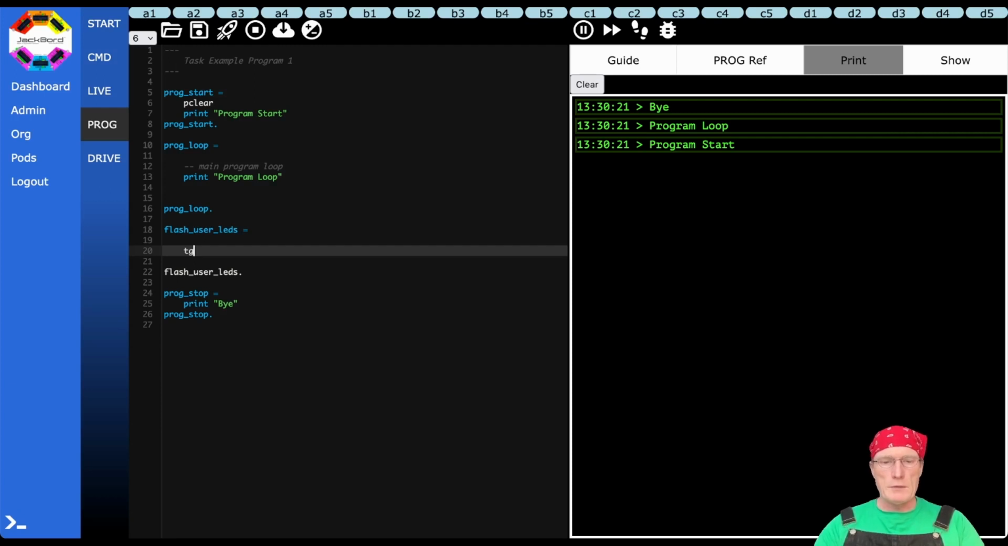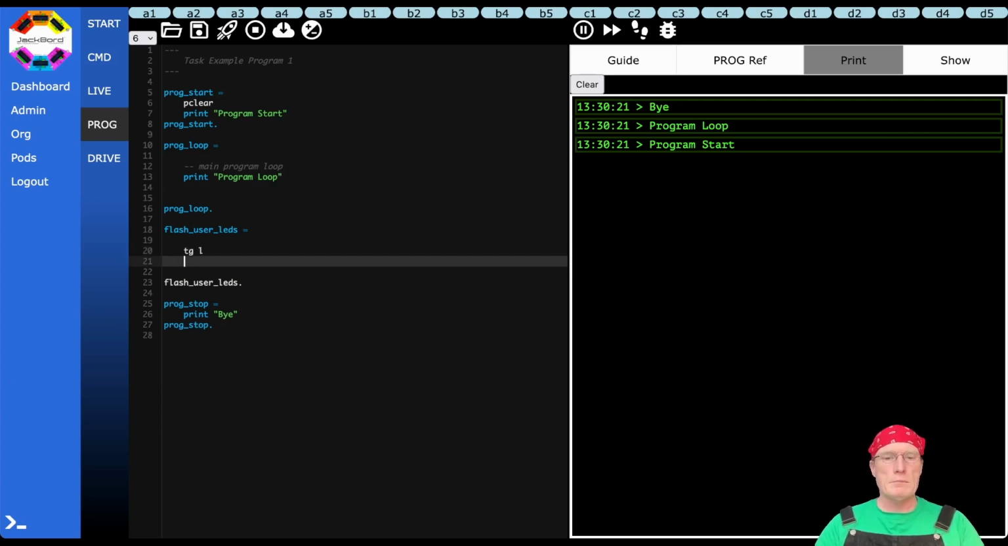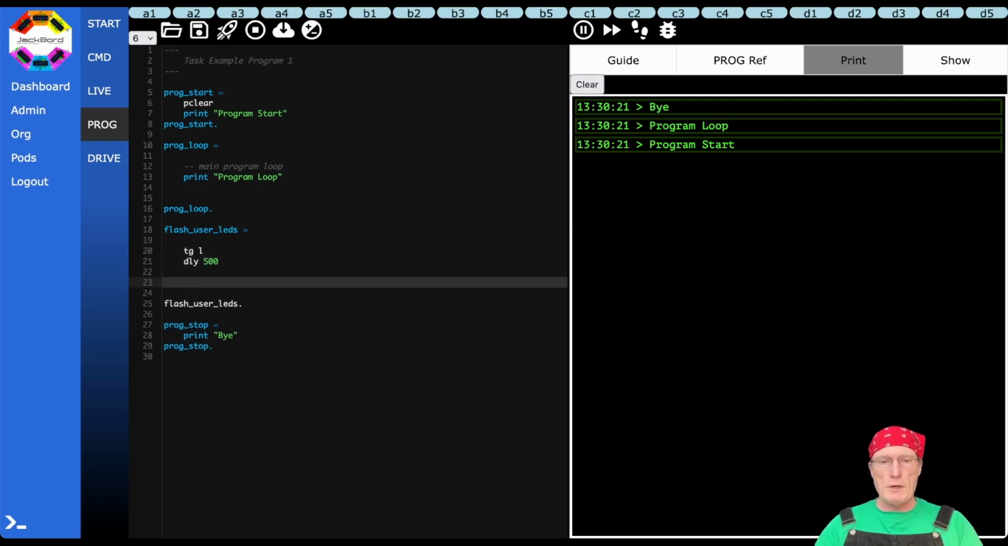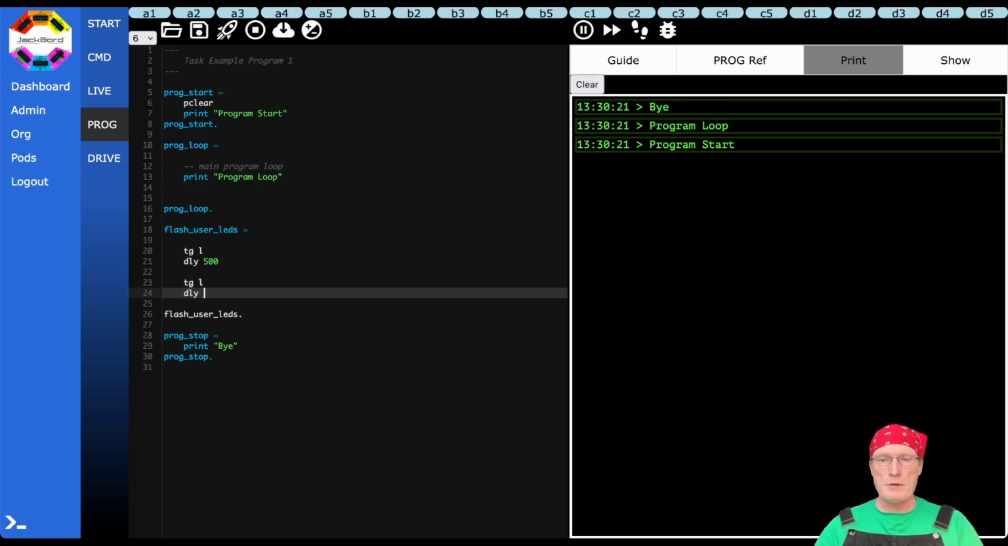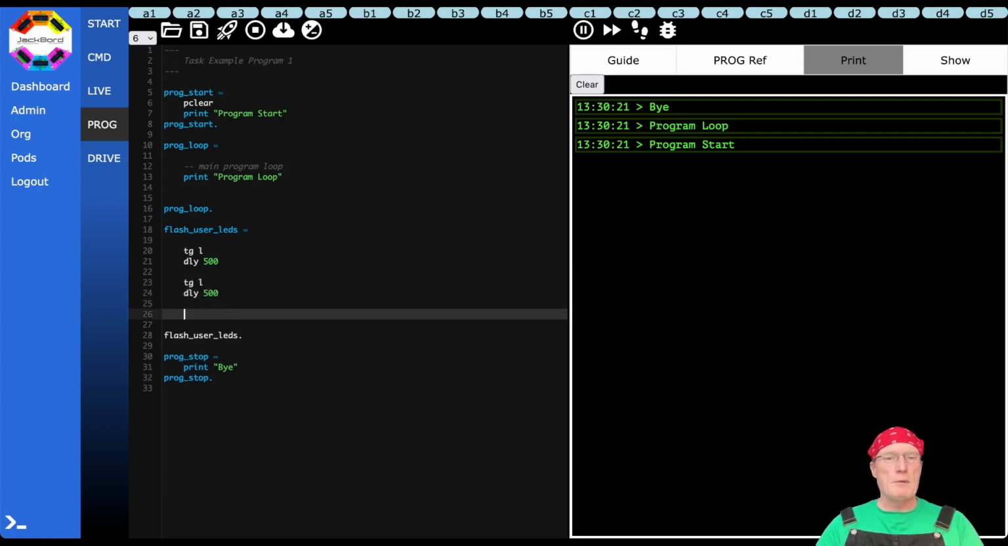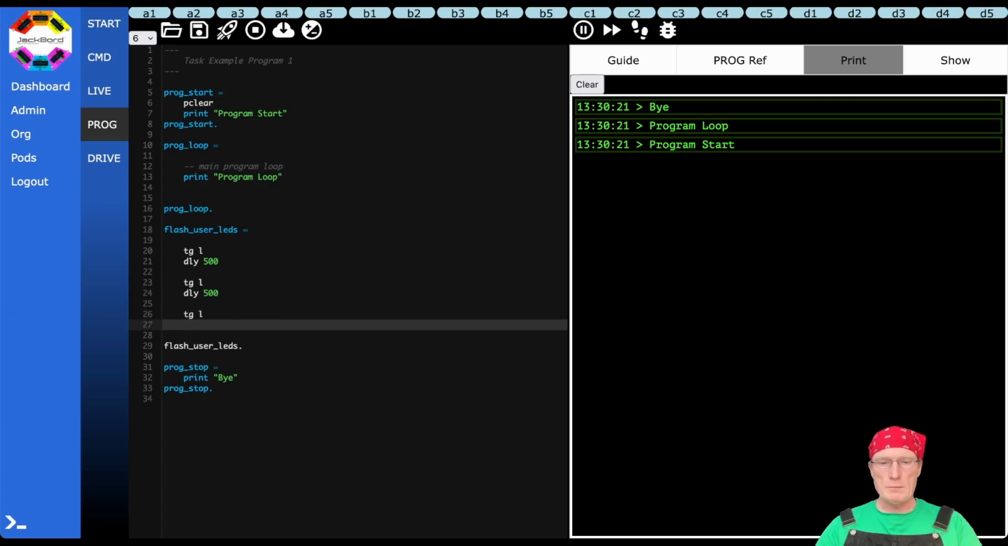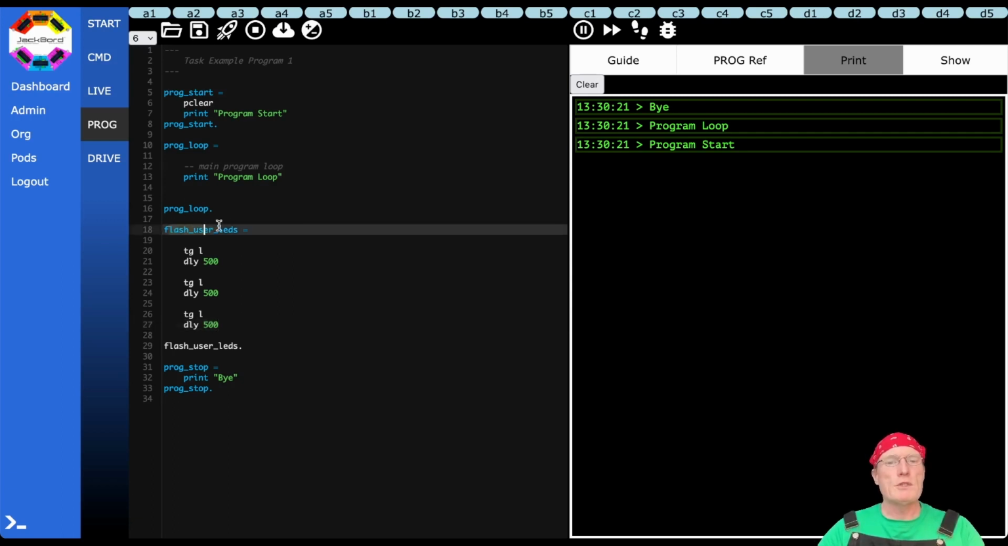So I want to toggle the user LEDs on, then I'm going to wait 500 milliseconds, and then I'm going to toggle them off, so I'm going to toggle them again, and I'm going to delay another 500 milliseconds, and then I'm going to toggle them again, and then I'll wait another half second. So I've got my user task called